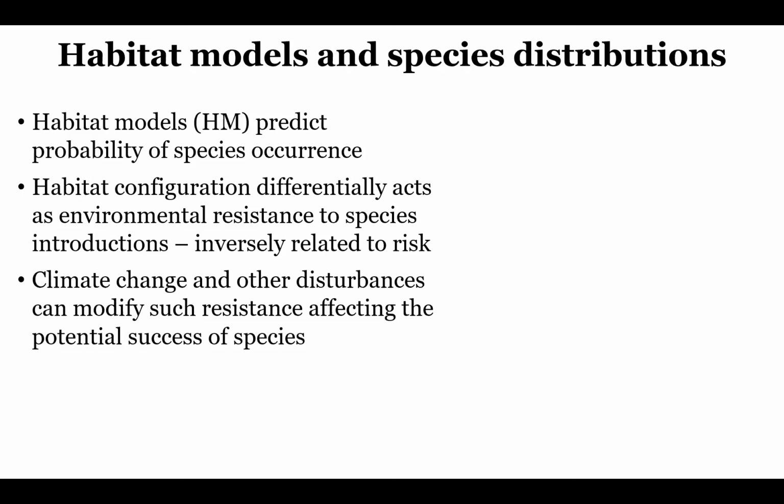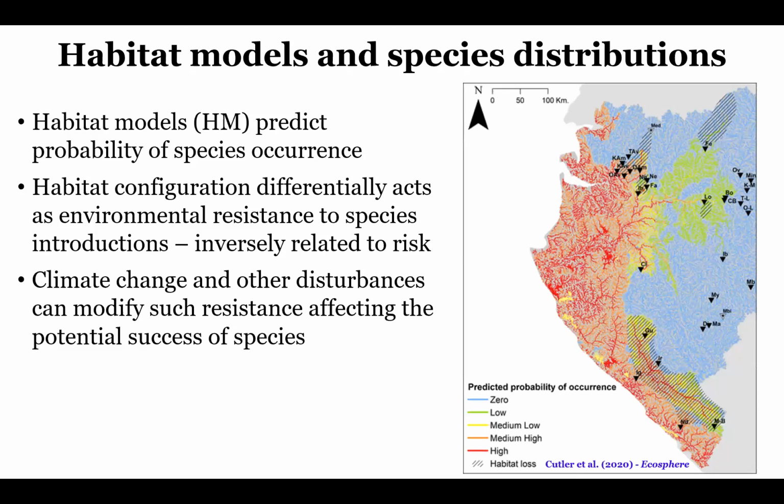So in this talk we will focus on species that have been introduced for a long time, but also on new introductions. Here is one example that we used in Gabon, in Africa, in a really data-deficient area. We don't have much information about the species. We used a collection of fishes from different surveys by different scientists, and we created these MaxEnt models, which are maximum entropy models.